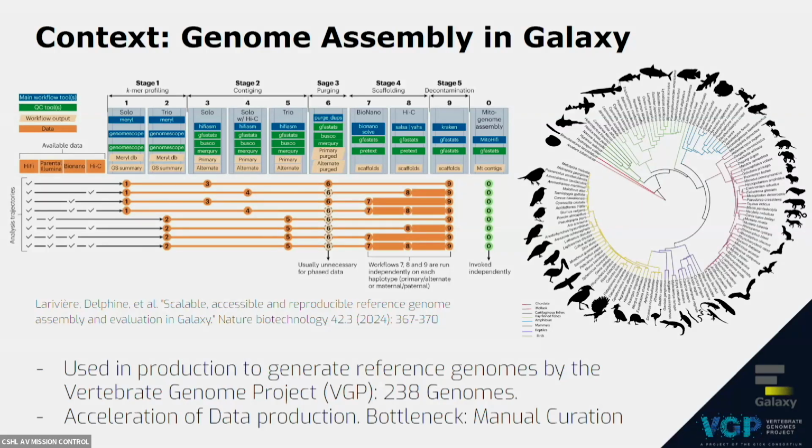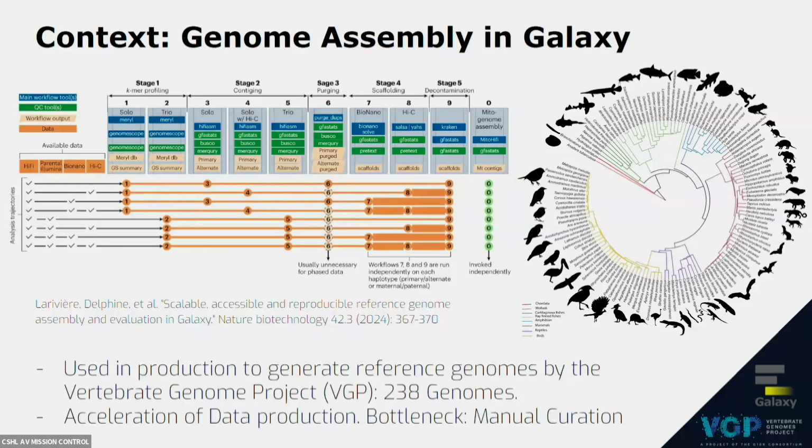We published, at the beginning of last year, a set of workflows that have been used by the Vertebrate Genome Project to assemble genomes. And we are up to 238 genomes that have been assembled in Galaxy that are part of the Vertebrate Genome Project. We're accelerating the process, improving the tools, maintaining these workflows, but the bottleneck to produce these reference genomes